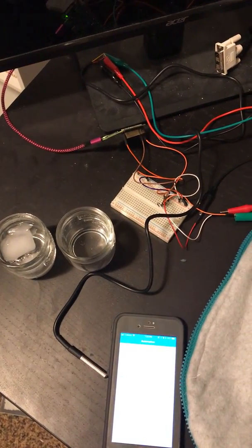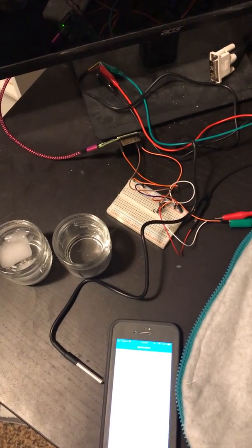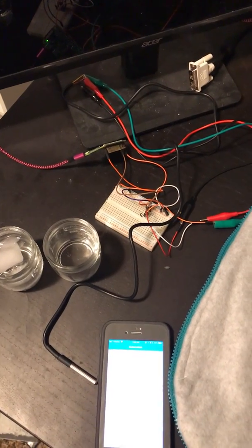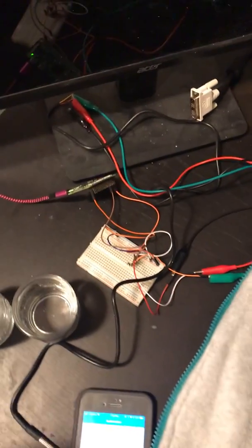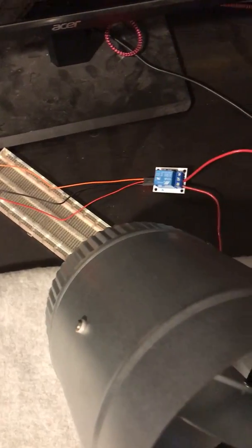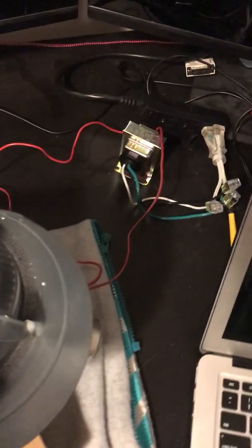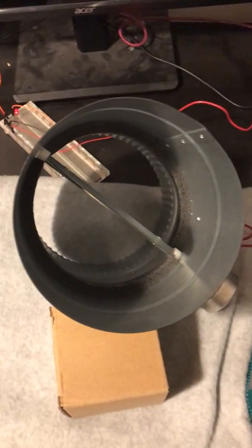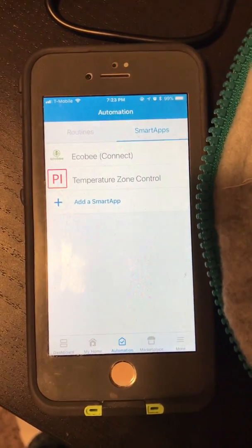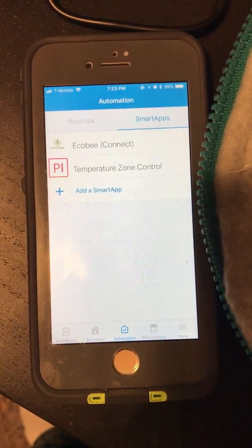Demonstration of temperature zone control using 2 Raspberry Pis and the Samsung SmartThings Hub. So right here we have our temperature sensor that is actually connected to this probe on our first Raspberry Pi. On the second Raspberry Pi we have it going to a relay switch that controls an actuator that opens and closes this damper. And then on our smartphone we have the smart app on the SmartThings Hub